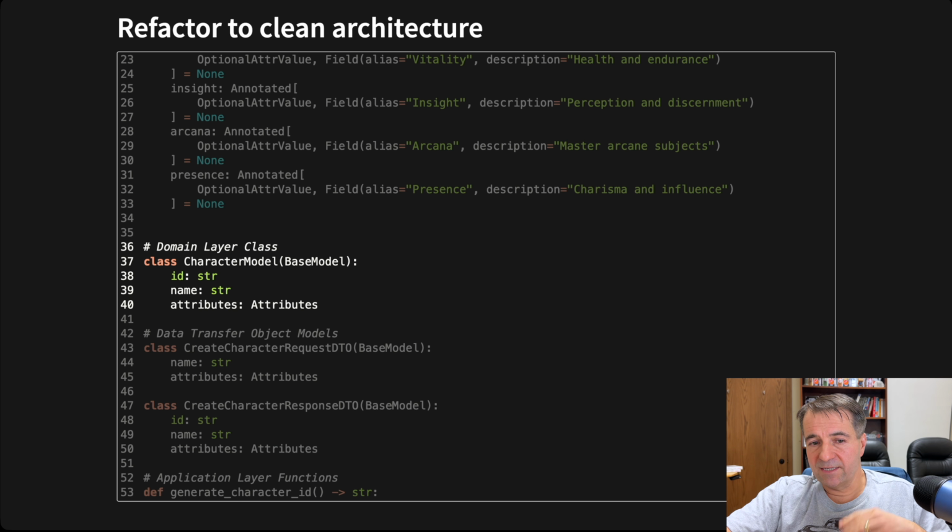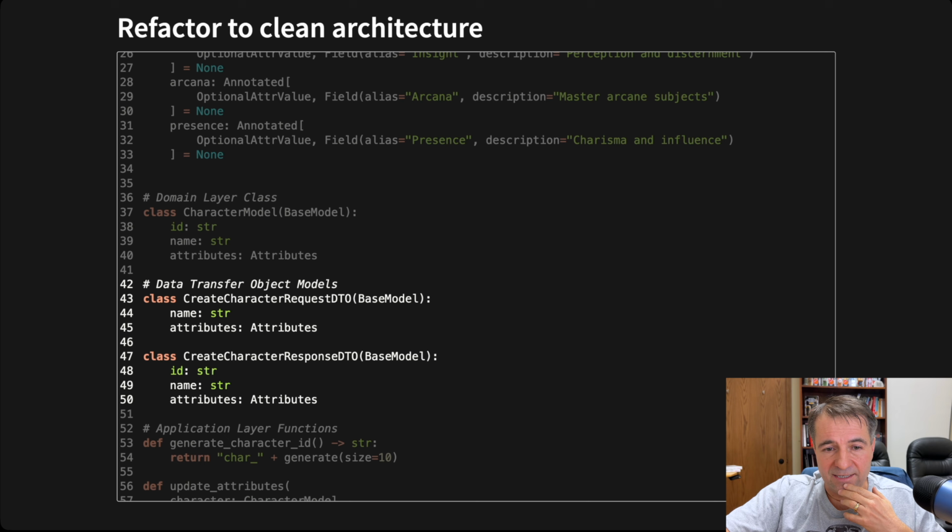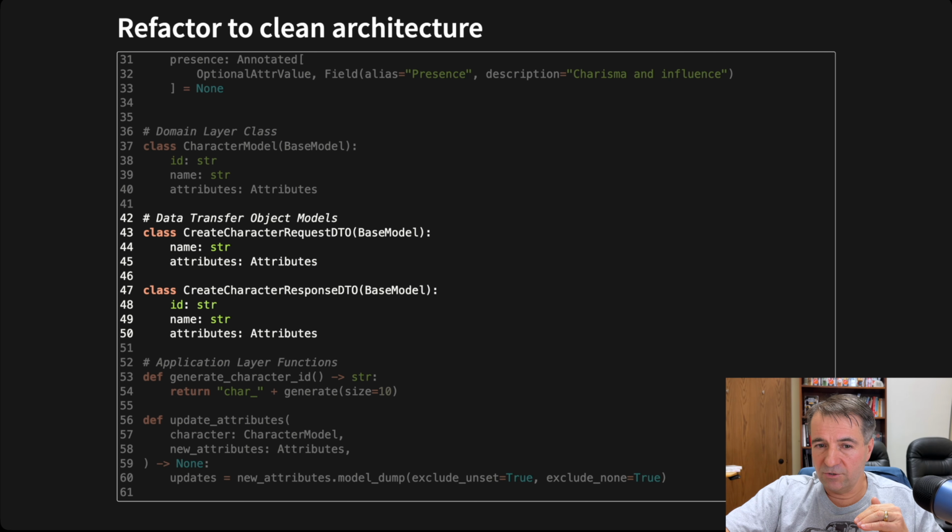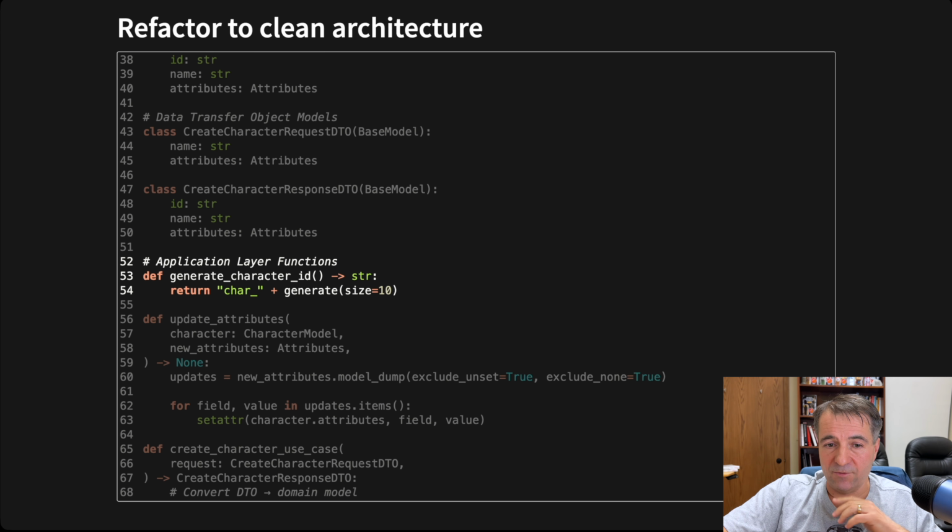So to do that, we're going to just refactor the character model, just call it character model, add an ID over there. We're creating 2 classes here for data type object, one for the requests that need to come in, and that'll be any type of request. And I'm going to show you how FastAPI as well as our command line use the same DTO to send data into the backend. And then we'll respond with a response DTO.